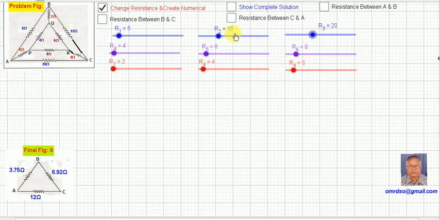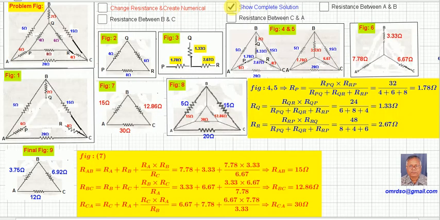Now 5, 15, 5, 15 and 20, and for the internal ones 4, 6, 8. Alright, let us keep it as it is, and this one as 2, 4, 6. This is the combination and this is the circuit. You need to find out the net resistance between point AB, point BC and point CA. How it will be done? So let us see. The complete solution I have mentioned here.